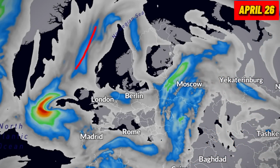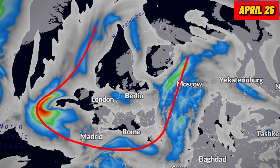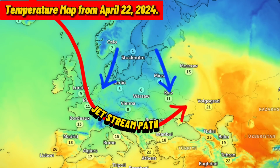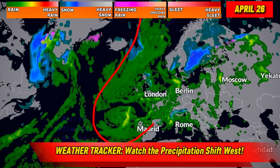First off, let's take a look at the upper air patterns such as the location and orientation of the jet stream. You can see how we have a trough or a dip in the jet stream over Central Europe, which was definitely more pronounced a couple days ago, but it is still there. Further west and east, you can see warmer and drier conditions, but as you'll see throughout this forecast, this is all going to change. The reason for this is because this dip in the jet stream is actually going to